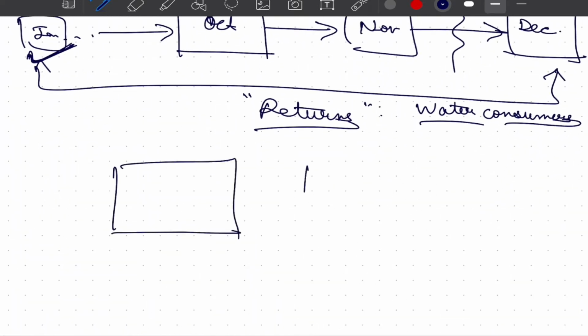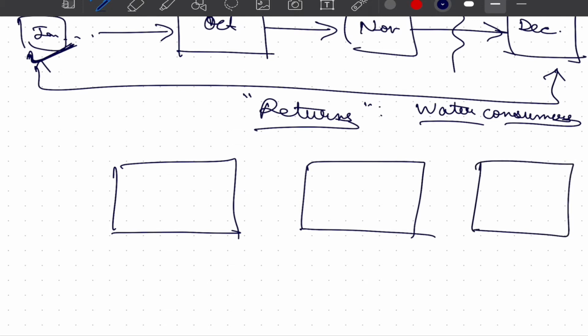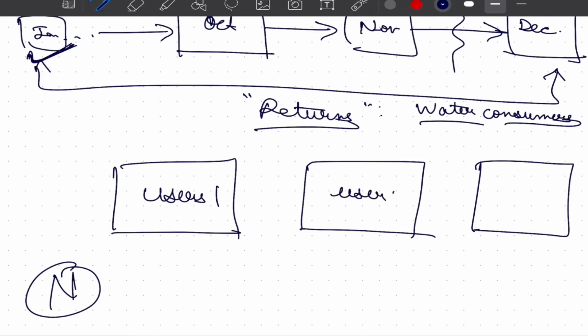Similarly, another problem that we typically deal with in water resource systems is the water allocation problem. Let us say that we have some n units of water that can be allocated in total to different users. Here we are marking them as user 1, user 2, user 3, and we can have as many users as we have in a real system. And here, just for the sake of simplification, I'm going ahead with the 3 user example.